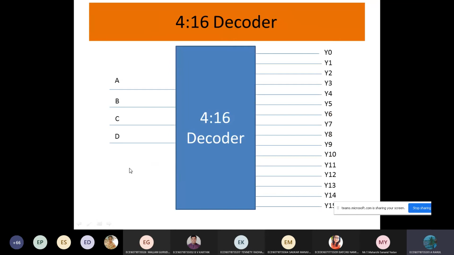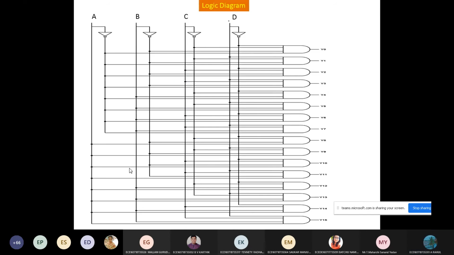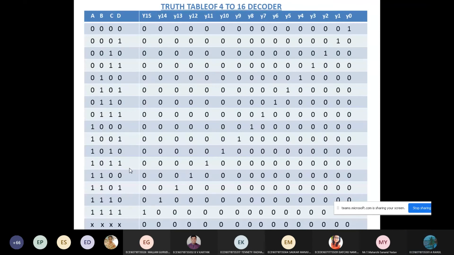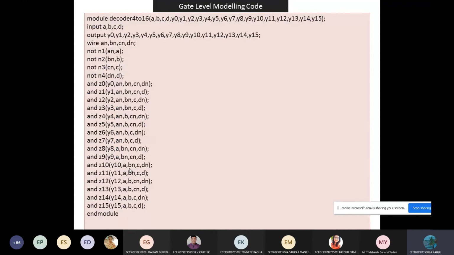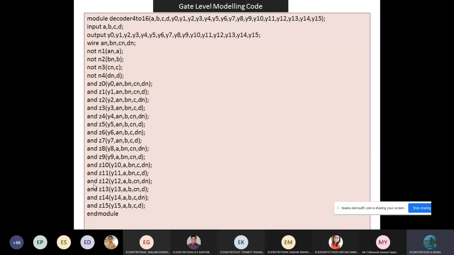as we are having 4 inputs and 16 outputs. The expressions for the 4 to 16 decoder, the logic diagram, and the truth table for the 4 to 16 decoder. In the same way we are writing for gate level modeling, data flow and behavior. So in gate level modeling, we are declaring the port for inputs A, B, C, D,